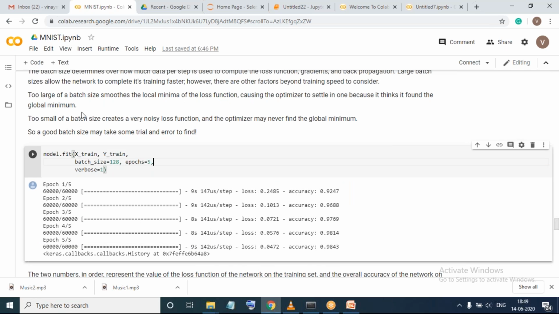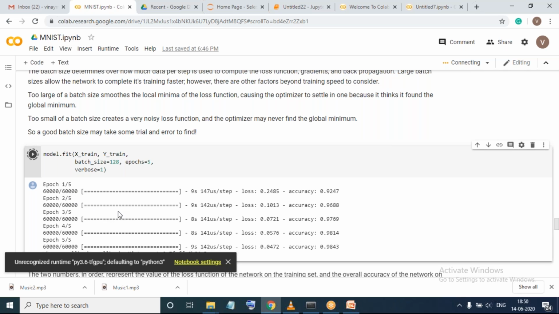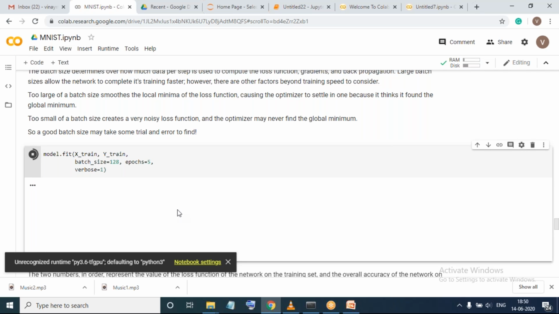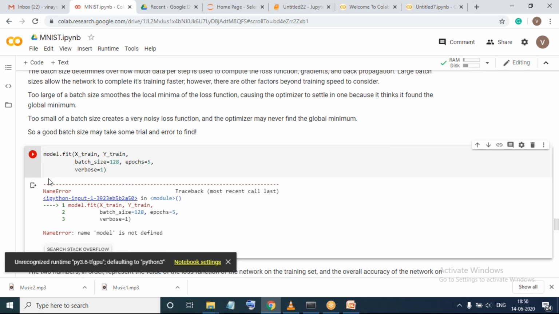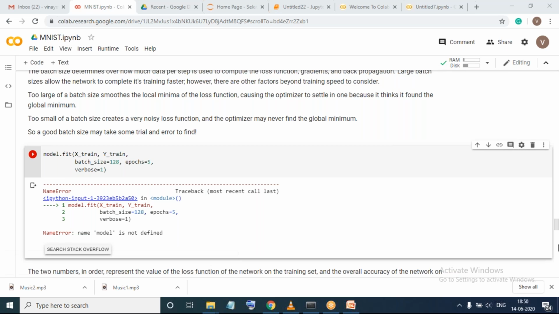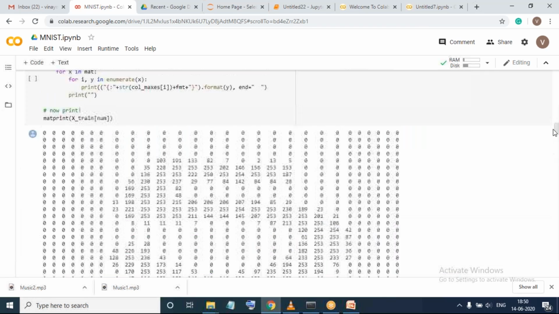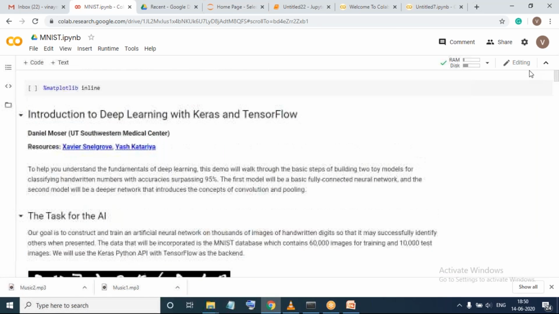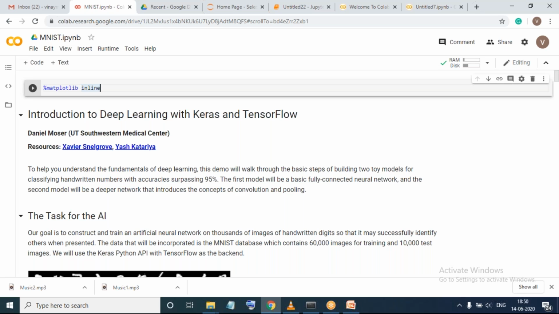So right now, friends, don't worry about the rest of the code. If you want, I can explain that whole code to you later. Whatever you can see here once I execute this, the epochs are nothing but the number of iterations. If I want to train a certain model using a normal CPU, these epochs would take a lot of time. But here in Google Colab, it will take very minimal time. I have directly executed this code, so I'm getting an error. If you want to execute the whole code, we'll go up and execute all the cells. So from here, I'll just press shift enter.